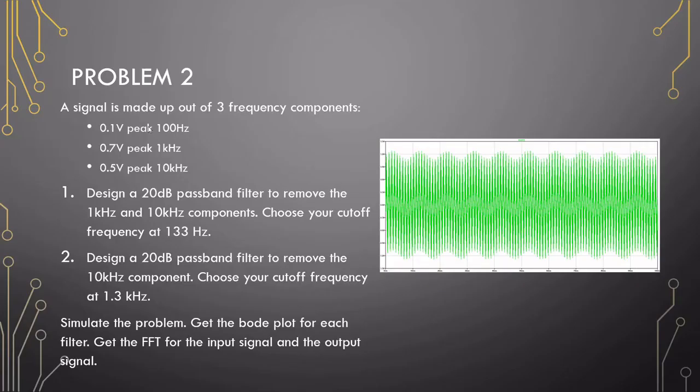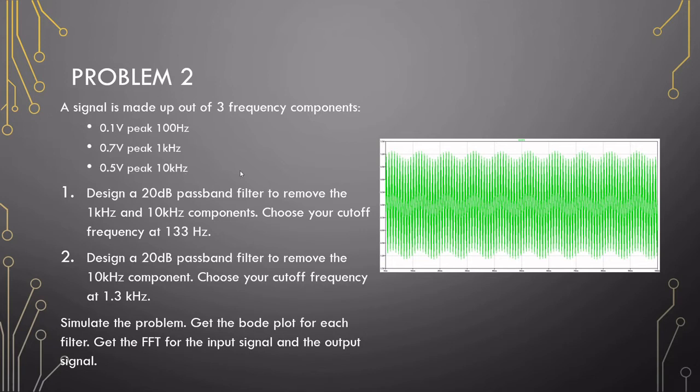So the second problem here, I provide you a signal with 3 frequency components: 100 Hz, 1 kHz, and 10 kHz, at 0.1, 0.7, and 0.5 volts peak respectively. This is what the signal looks like. And I tell you to design 2 filters, both with a 20 dB passband, so you can use the 1 kilo and 10 kilo